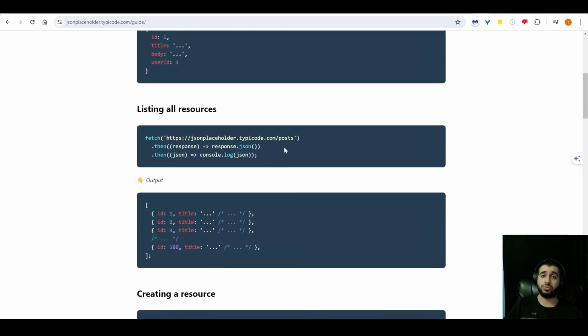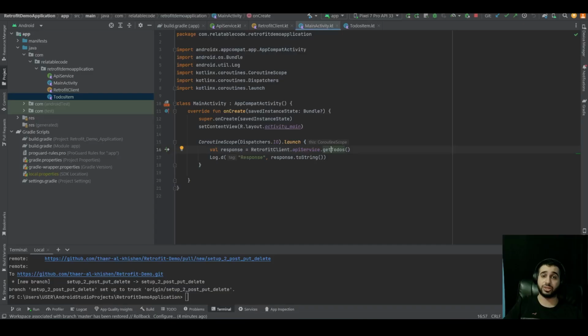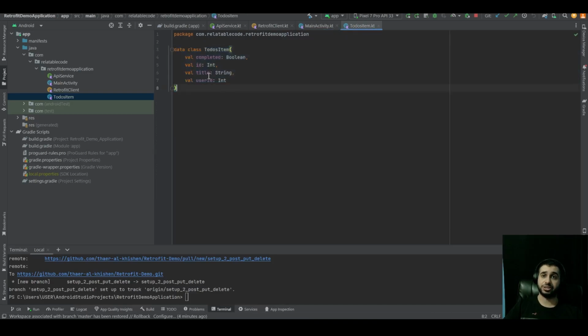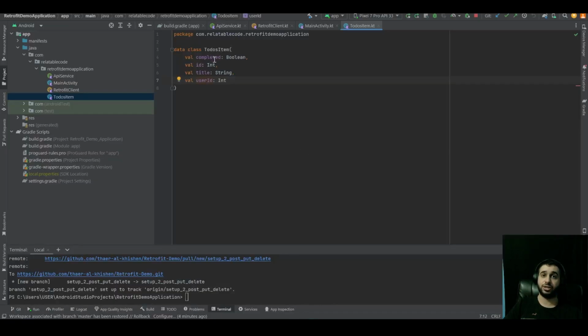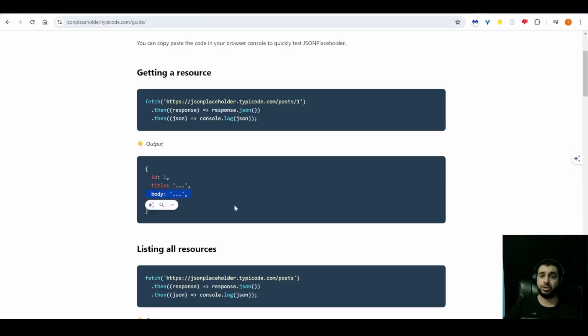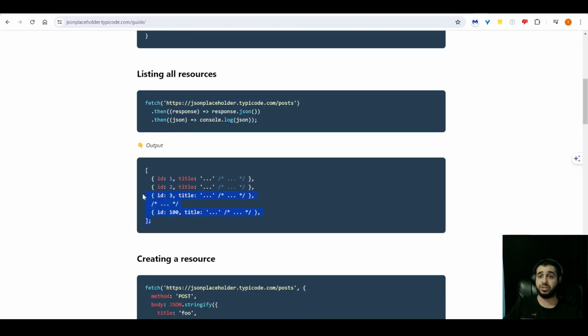Okay. Moving forward, we are going to use this posts data class, and we're going to create it. It's very similar in structure to the to-do that we already have. As you can see, you have the ID, the title, and the user ID, but you have this body instead of the completed boolean. That's what they want to work with in this guide, and we can follow that as well. This was what we previously did, but with the to-dos to retrieve a list of to-dos from